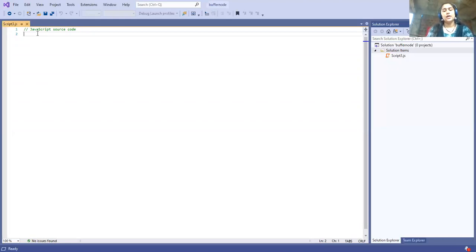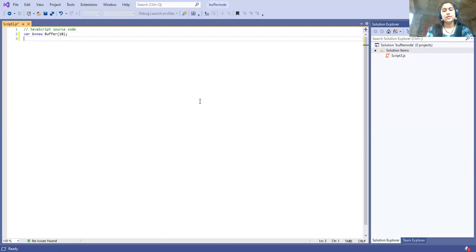So let us see. I'm going to create one buffer with a variable declared using var. Then b, suppose, is the variable name, equal to, and I create the buffer by using new, calling the constructor of the Buffer class. So new Buffer, and I have to specify the size for that particular buffer. I'm putting 10 here, suppose. So it will allocate 10 octets, 10 regions for binary representation.